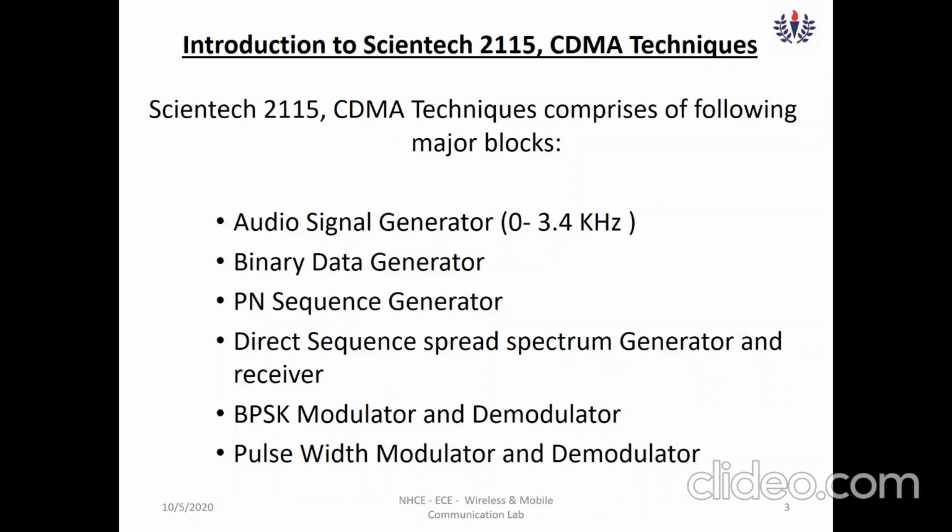So from these three stages, I can say that the audio signal generator is used to generate audio, that is, analog inputs for your trainer kit, and the binary data generator delivers digital data for the trainer kit. And the PN sequence generator, PN meaning pseudo noise sequence generator or pseudo random sequence generator, is used to convert the narrowband signal which is generated by either the audio signal generator or the binary data generator to a wider